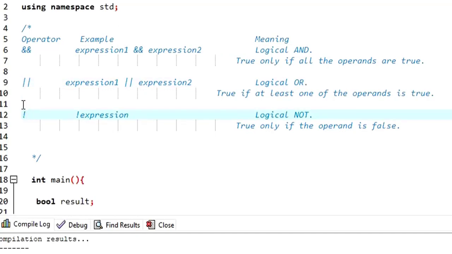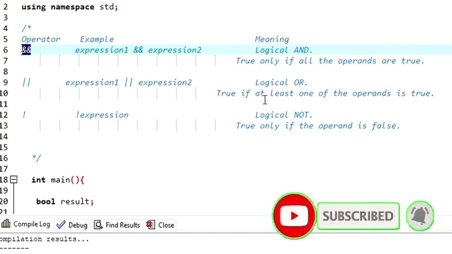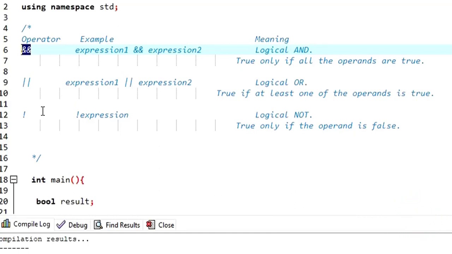I hope if you have done the truth table for the logical AND or NOT, it is going to be easy for you, because I hope you know the truth table for the logical AND. For the logical AND, the condition will be true only if all the operands are true. That is how the logical AND works. And logical OR will return true if at least one of the operands is true. Then logical NOT is the opposite. If it is true, it will return false. If it is false, it will return true. So these three are the logical operators: logical AND, OR and NOT.